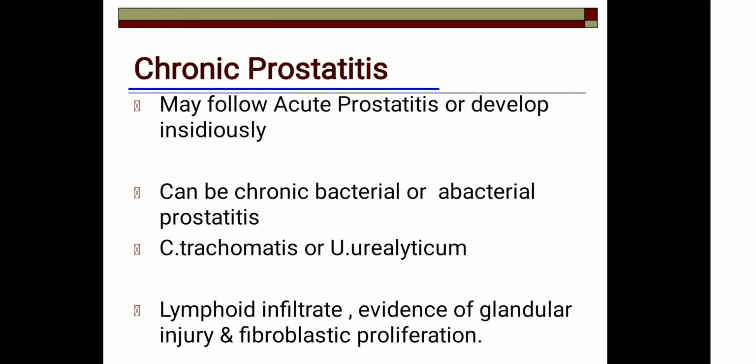That is not that common, but the common lesion you see in prostate is chronic prostatitis. It can be either a chronic bacterial prostatitis or abacterial. Usually it is abacterial, with evidence of lymphoid follicles, lymphocytic infiltrate, and fibroblastic proliferation. You can see this in a lot of older age group people. In their USGs they have written chronic prostatitis, and histopathologically also pathologists give us chronic prostatitis.